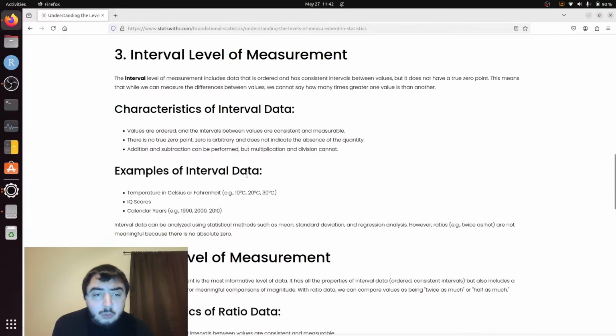So the classic example would be temperatures in non-Kelvin scales. So the normal ones we use, not in chemistry, Celsius and Fahrenheit. 20 degrees Celsius is not twice as hot as 10 degrees Celsius. What you'd actually need to do is convert them to Kelvin and then do that ratio. This division would not be meaningful or logical.